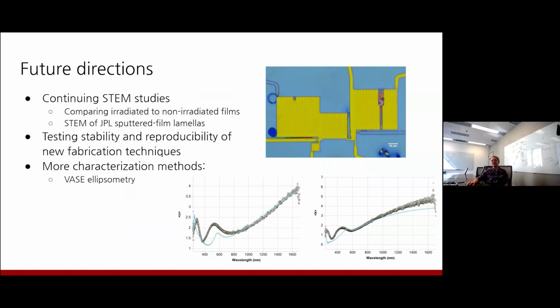This one in particular is an example of a device that was incredibly over-etched, so they don't all work. We need a few more iterations to improve the stability and reproducibility here. And we're also exploring other characterization methods that would help us figure out what's going on a little more easily